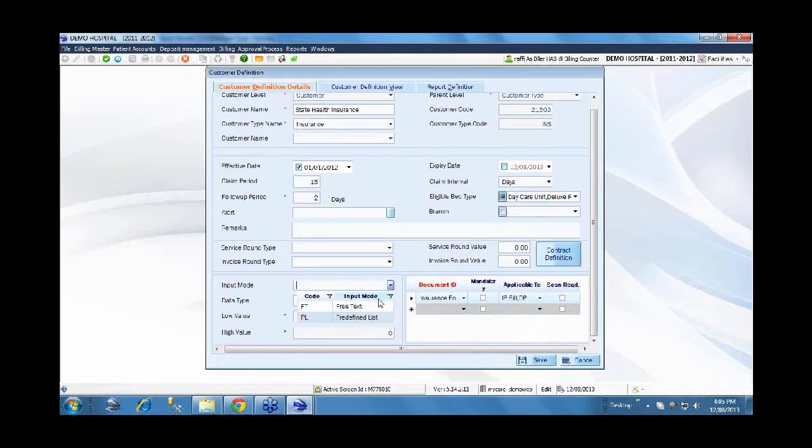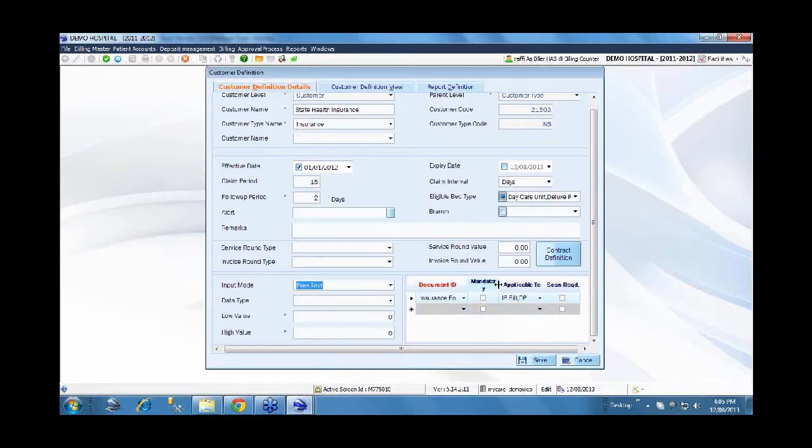So whether it's a free text or a predefined list. For the predefined list, when you are dealing with a corporate, sometimes they may send the list of employees they have, which you can update in the system. You can then cross-check, whenever you are linking a particular patient to that particular sponsor, whether he or she is part of the predefined list which you have received from the company. So those things can be defined here.